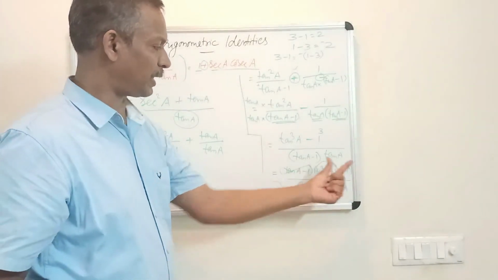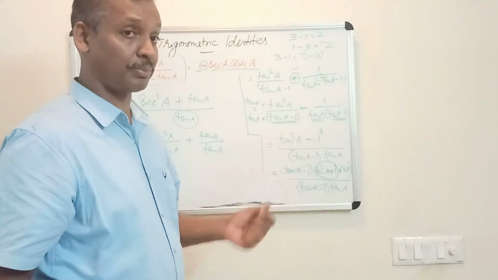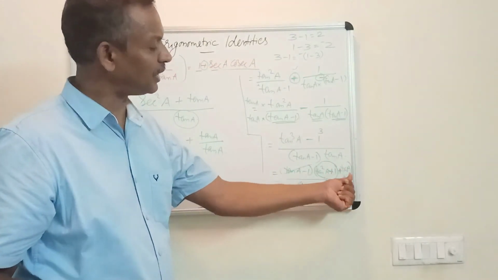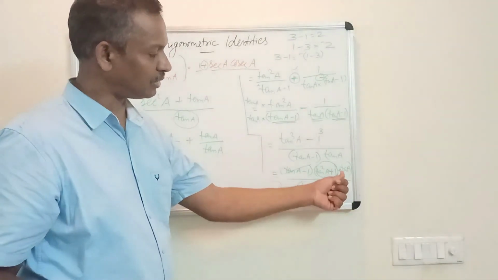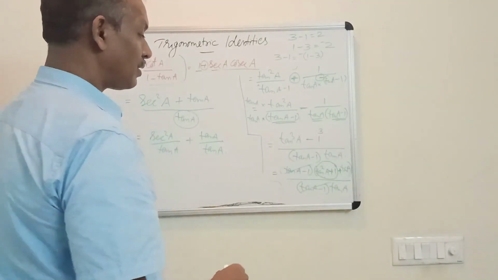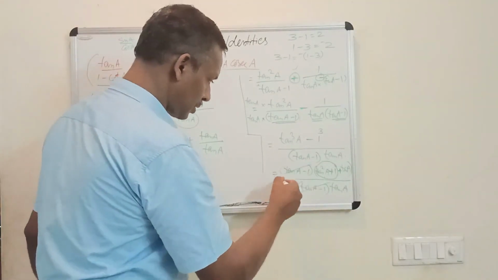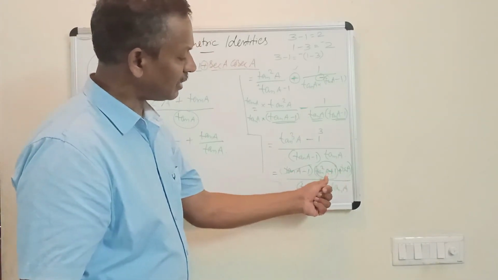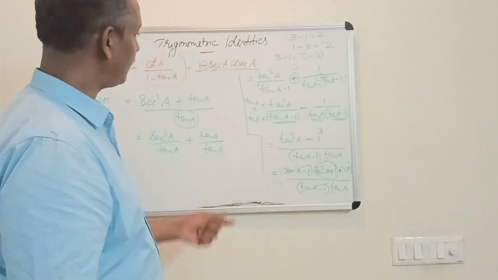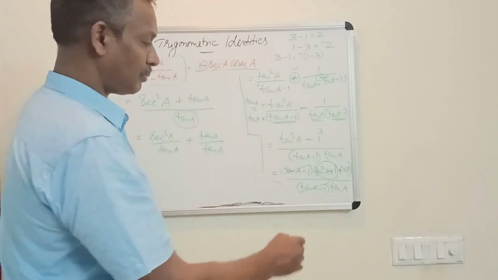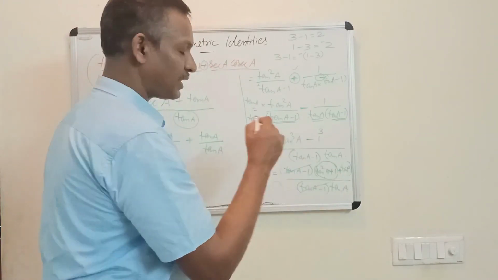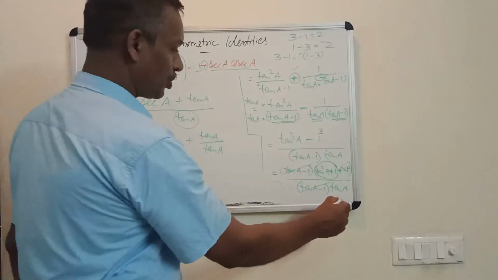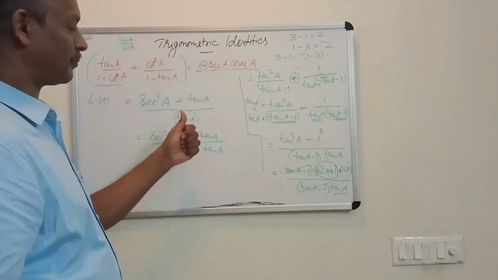But when we expand or factorize this a cube minus b cube, we get a minus b into a square plus b square plus ab. I wrote minus earlier, it is plus ab. Then one factor gets cancelled, but in the second bracket there are 3 terms, and we need only 2 terms. There is an identity which joins 1 and tan square: 1 plus tan square is sec square. Plus tan a. Still the denominator has one more term, tan a.